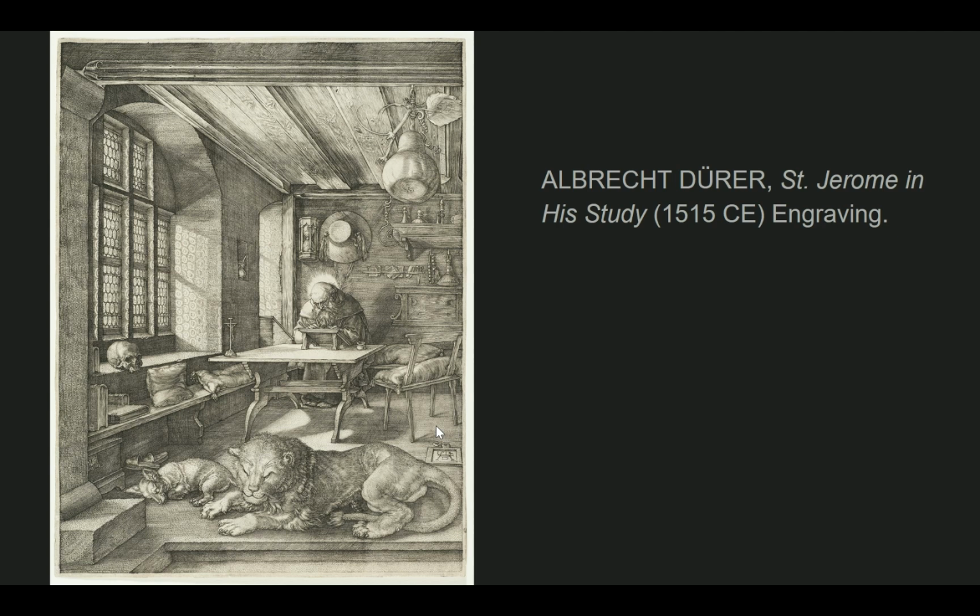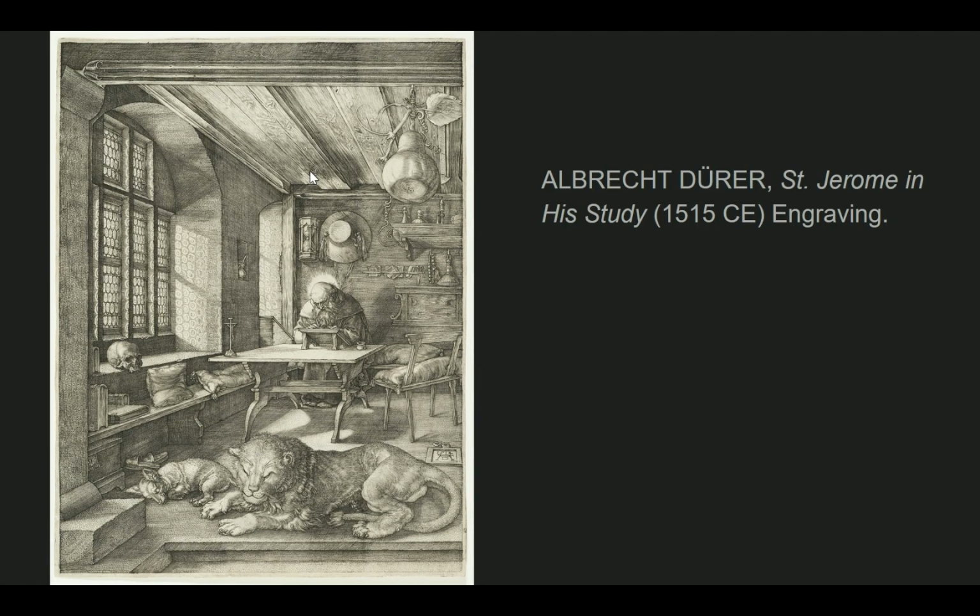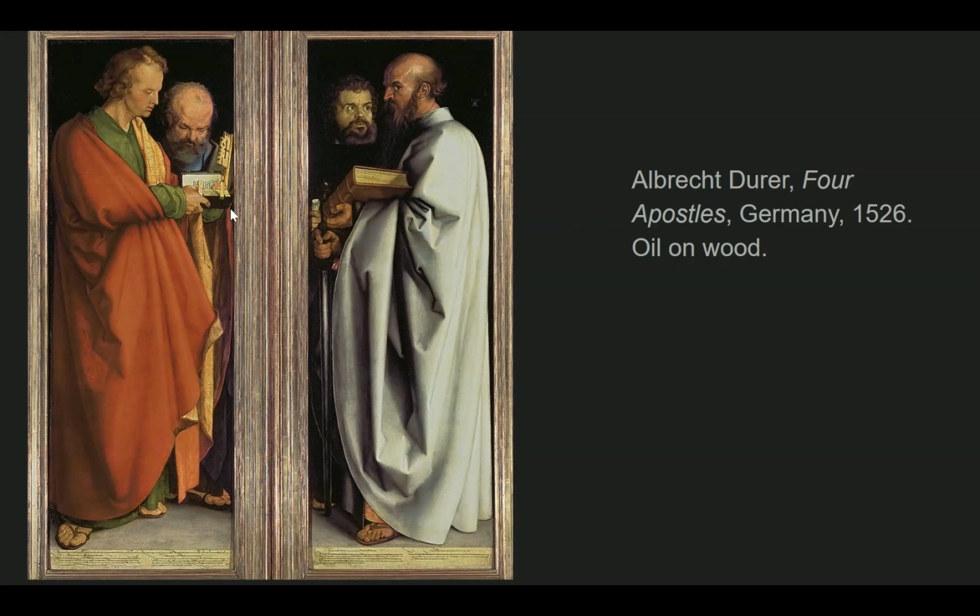There's even some big deal where they were trying to bring a rhinoceros up to Europe, and in order for people to see this foreign animal, it used to be called a unicorn because of its horn. And so there was a big shipwreck, and so many artists were actually disappointed about not being able to see that to draw it. Anyways, I digress. So again, he's more known for his engravings and so these prints, but he was an incredibly skilled artist in multiple mediums.